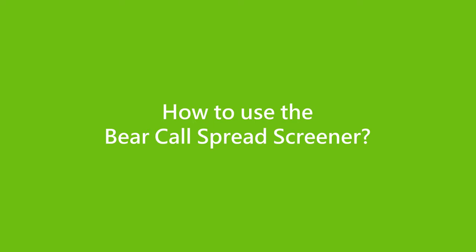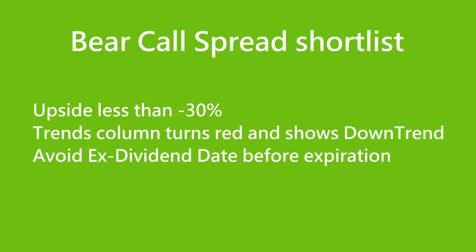The bear call spread screener uses chart analysis to find overvalued stocks that have a high probability of a downward correction that we can sell bear call spreads to open. We want to find heavily overvalued underlying that have a high probability of going down. The screener uses fundamental analysis to calculate a fair value of the underlying. Then it compares that with the last value to find the potential upside of the stock. When the upside is less than negative 30%, we have a high confidence in a bearish outlook.